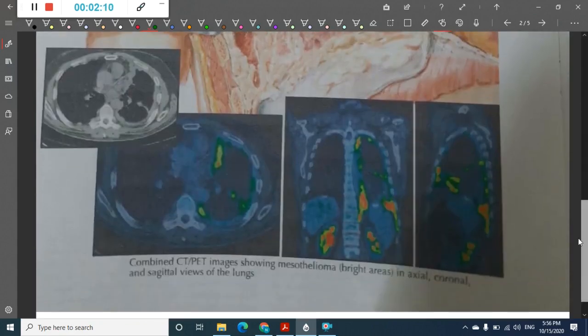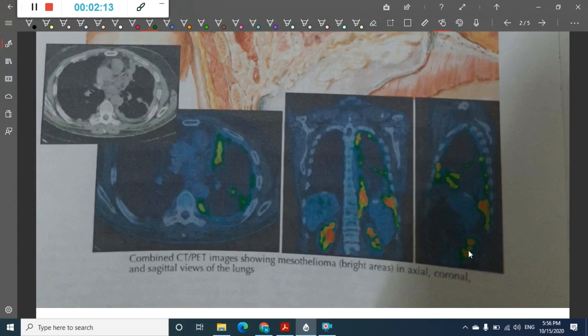These are the different images of PET CT scan where you can see the tumor, right? Combined CT images where you can see the tumor growth, because in PET scan the tumor growth is mainly highlighted. In PET scan we use 5-fluorodeoxyglucose, which will be mainly taken up by the tumor cells. The tumor cells require more glucose for their anaerobic respiration due to the Warburg effect, and that is the reason why this glucose is taken up by the tumor cells.